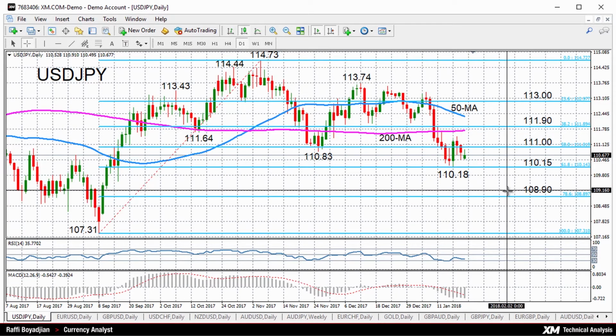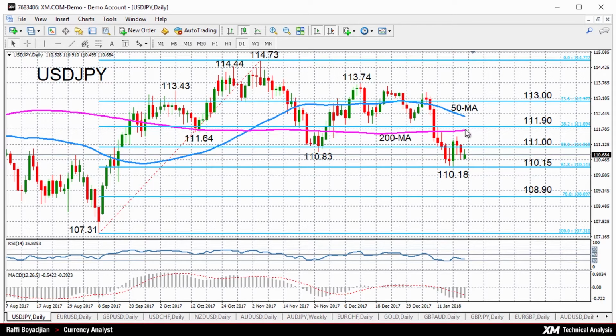If on the other hand we do see today's slight upside momentum gaining further strength, resistance should come from the 111 handle. That's the 50% Fibonacci retracement, and then a successful climb above that level